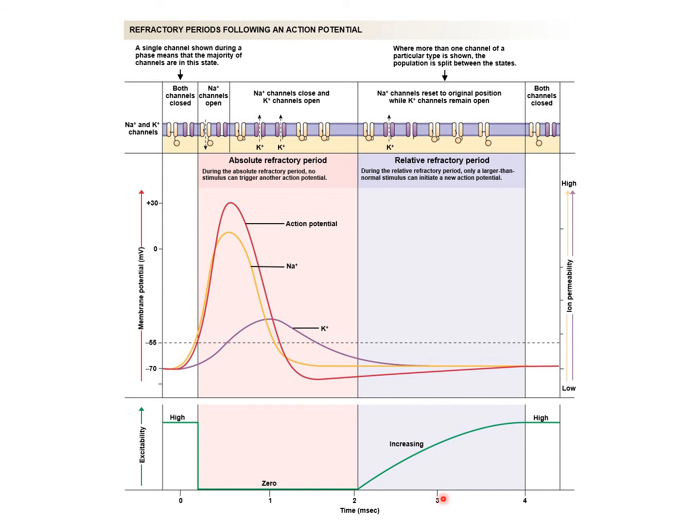Why am I going to all this trouble? We're 5 minutes into this slide. Why go to all this trouble? Because if it was completely absolute and then back to high again, the soonest that another action potential could fire would be roughly 4 milliseconds. We could only fire off bing, bing, bing. But with this